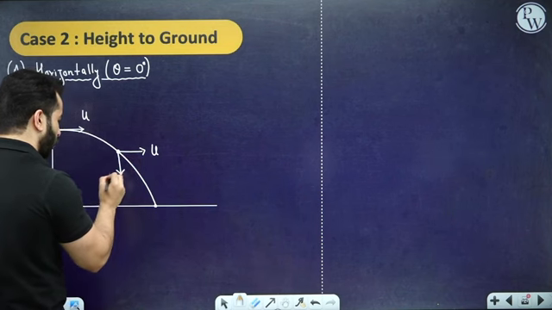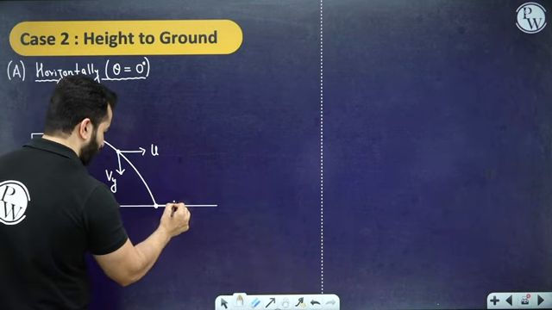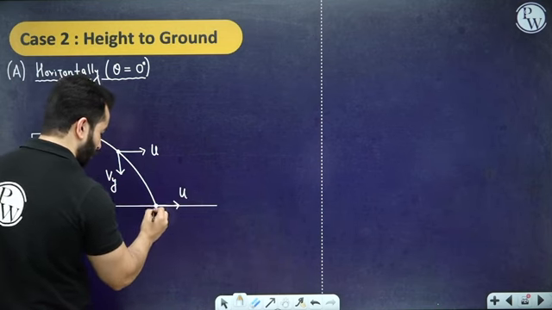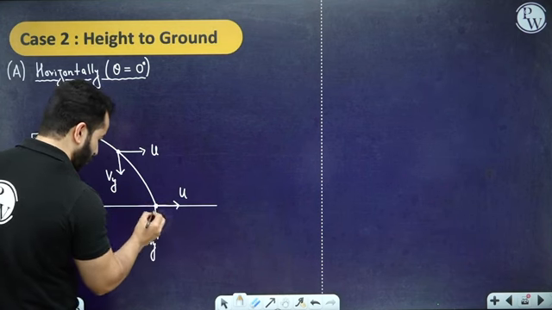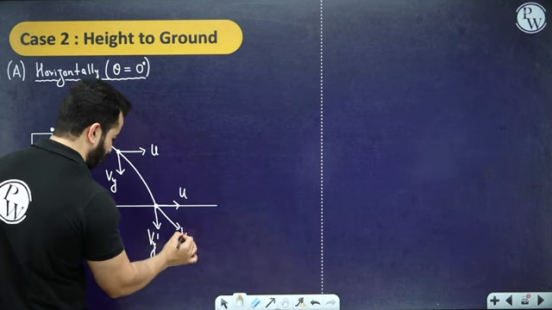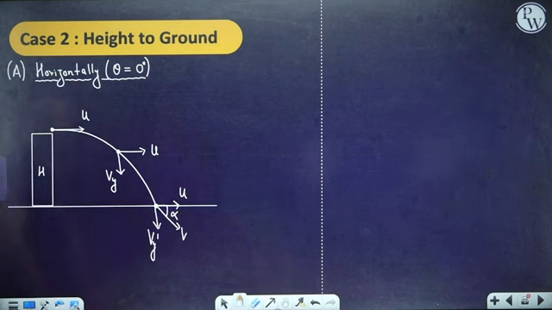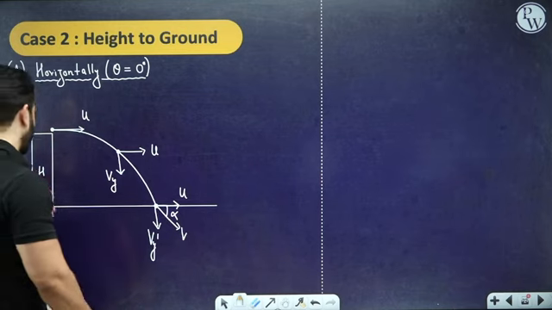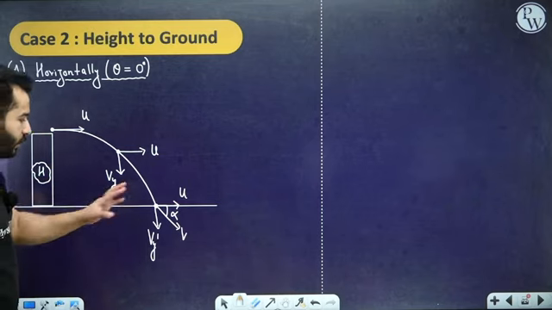We can find out what this Vy is, right? At this point also you're going to have the component over here as u. We can find out what this Vy dash is going to be, and we can also find out what this net velocity is going to be, and this angle as alpha, right? We can do all of those things. And generally this h is given. So if you want to find out the time,